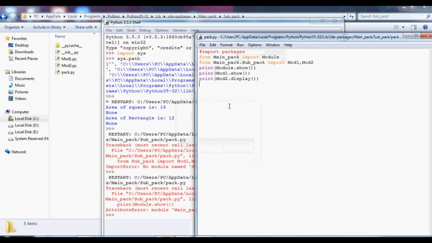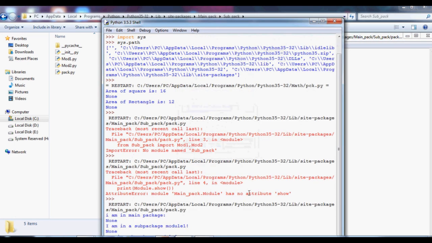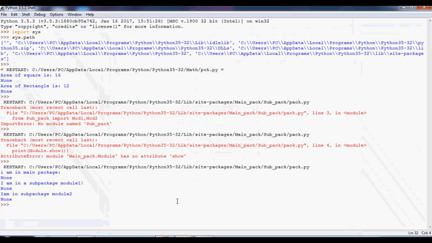Okay, so now we won't get the error. Show, so show one we have created. So I'm just giving show one. We have to give the module names correctly. Oh, we successfully got an output. See here, I am in a main package, so None has been returned, since I didn't specify any return value.